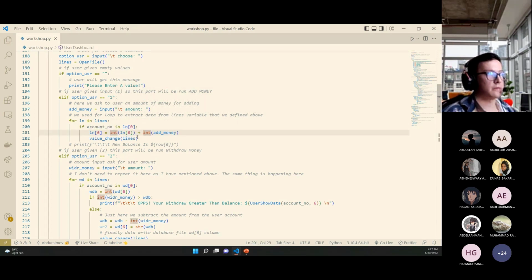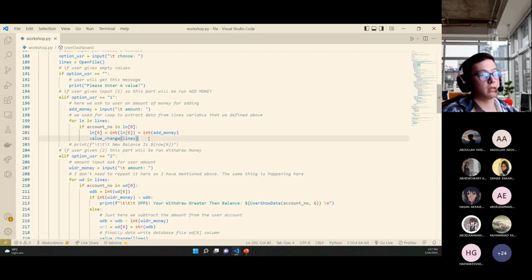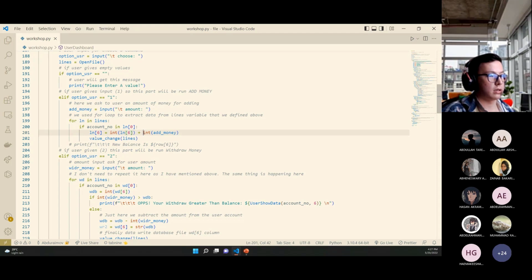So in the file, in the database, index 6 represents the balance of the user. So here ln 6 plus add money. Add money is given by the user, and we are turning that value into an integer here, because